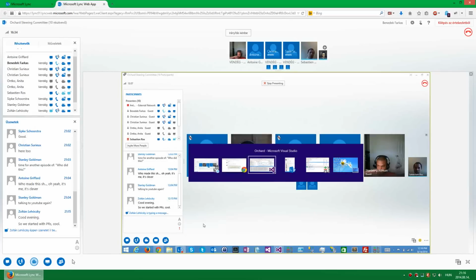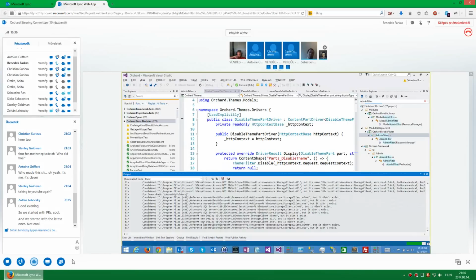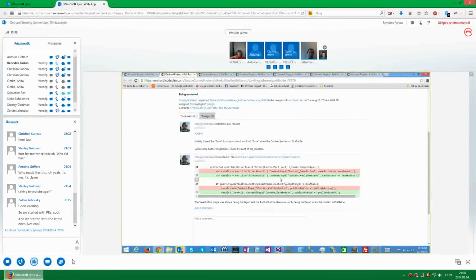Oh yes, because then the save button currently will check if it's draftable or not to see what the behavior should be. Right. So it's saying, okay, we only have a save button, and based on the context, we'll do publish or